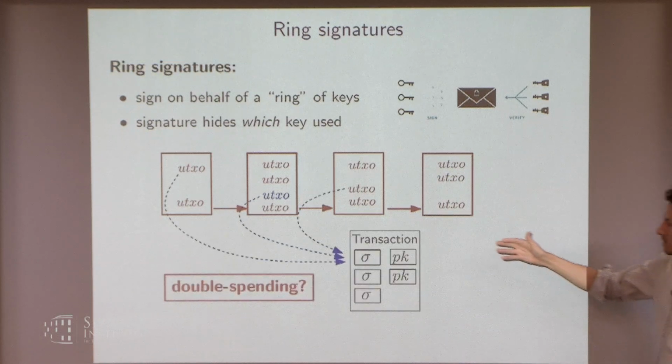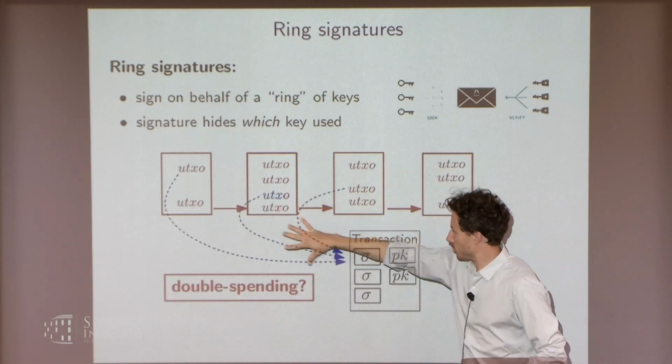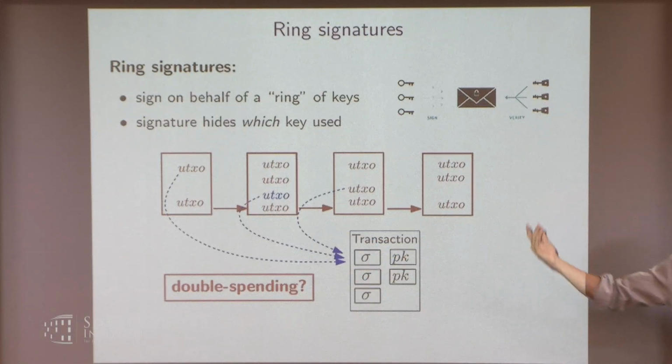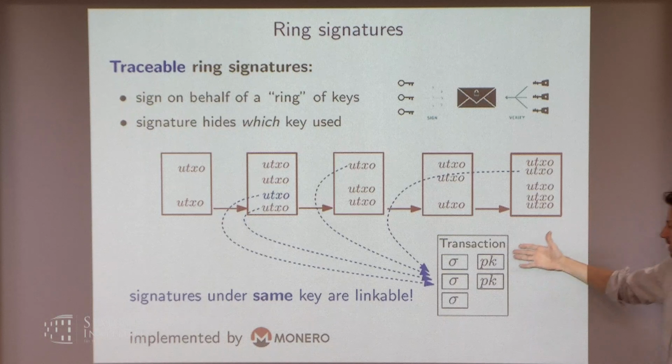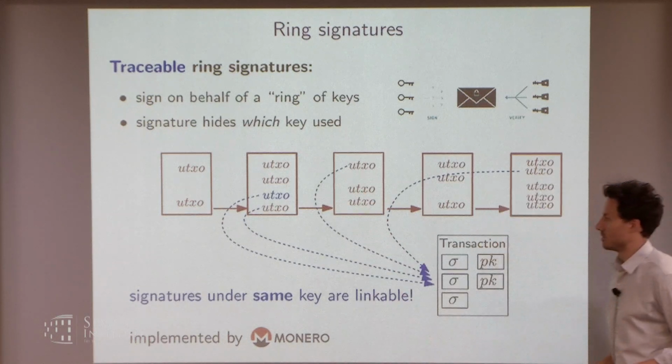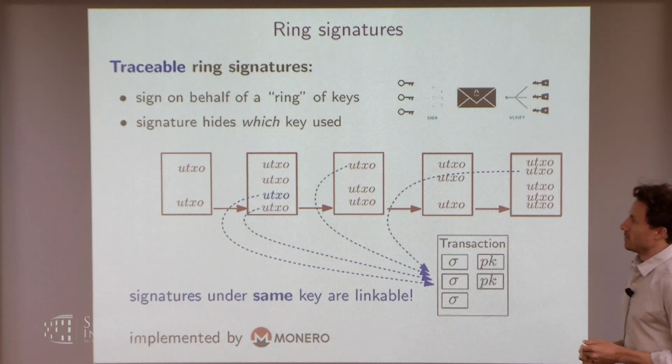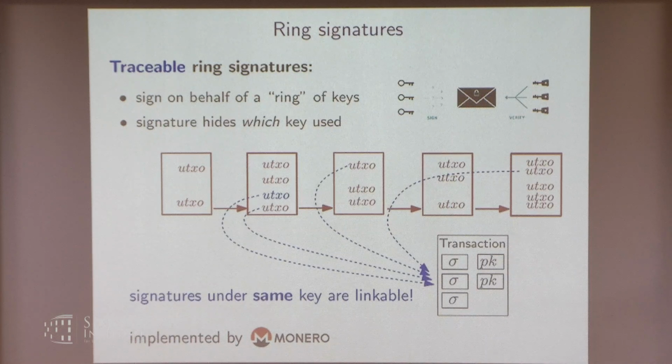Say you've used your secret key here, you put it in a ring, you've spent this money, created a transaction, and then later you make another transaction and you use the same key again. How can people check if you don't know which one was spent? You don't know which one was double spent. So this is solved by not using pure ring signatures, but a primitive called traceable ring signatures, which allows you